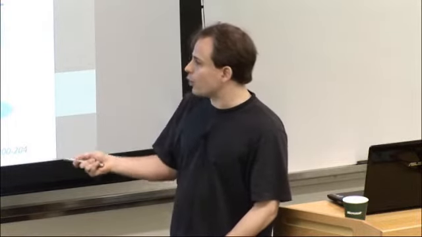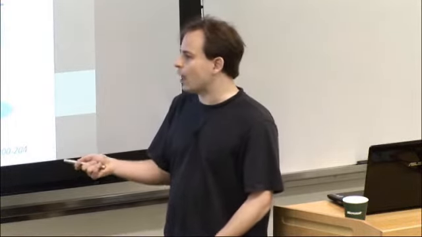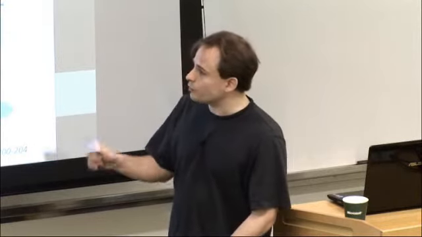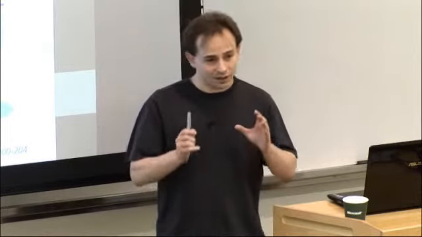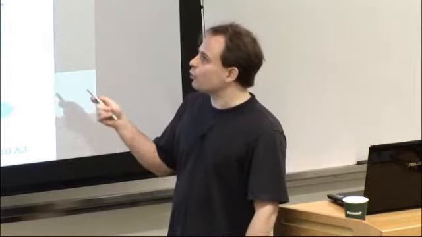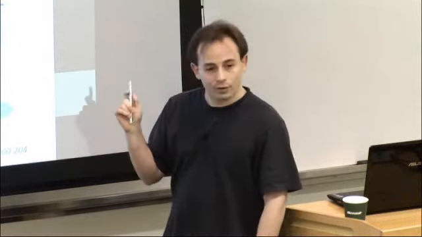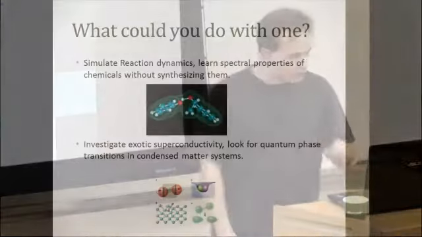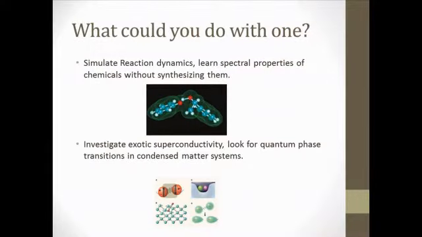Similarly, the quantum transformations that occur in condensed matter systems ought to be emulatable by a quantum computer of an appropriate size. And this is the idea. You basically use the fact that a quantum computer is a universal device to emulate the natural quantum evolutions that exist in other systems. And you can actually do this efficiently, whereas on classical computers, there's no known way in general to simulate arbitrary quantum systems efficiently.